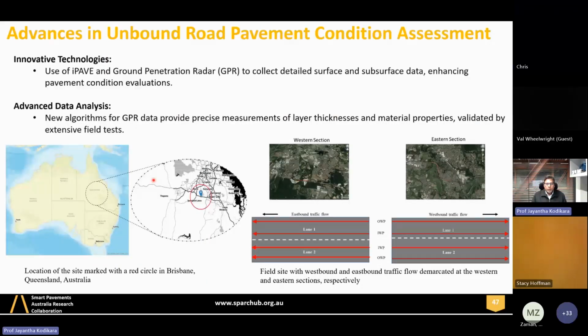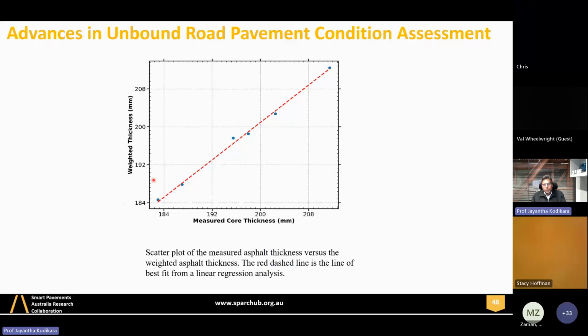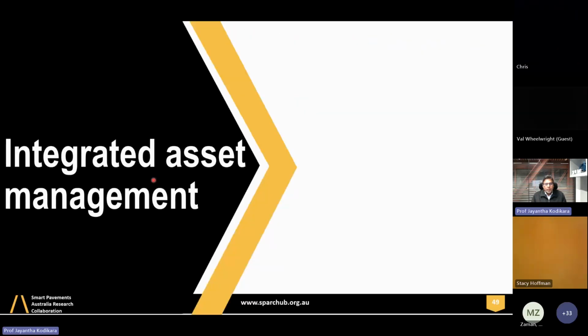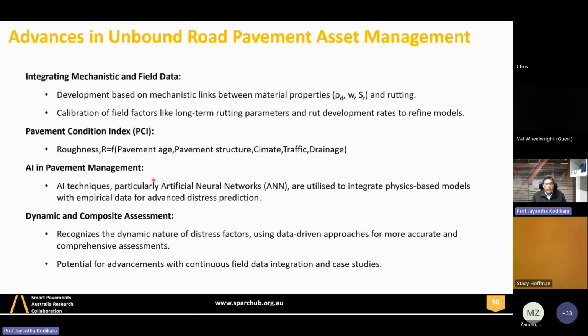So we used GPR in the field, and we could also measure thicknesses and so on, but moisture measurement is still not advanced. Asset management, of course, will require roughness progression. Currently, we have HDM models, which are very empirical models. We could redevelop them using AI